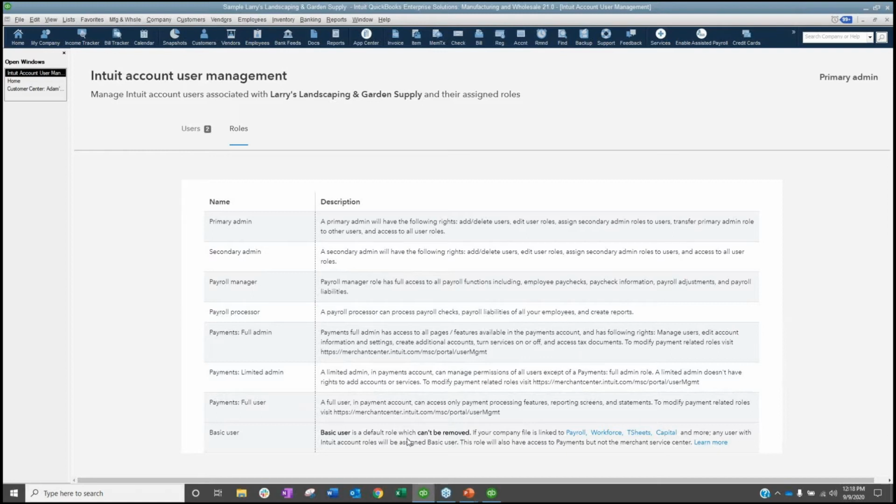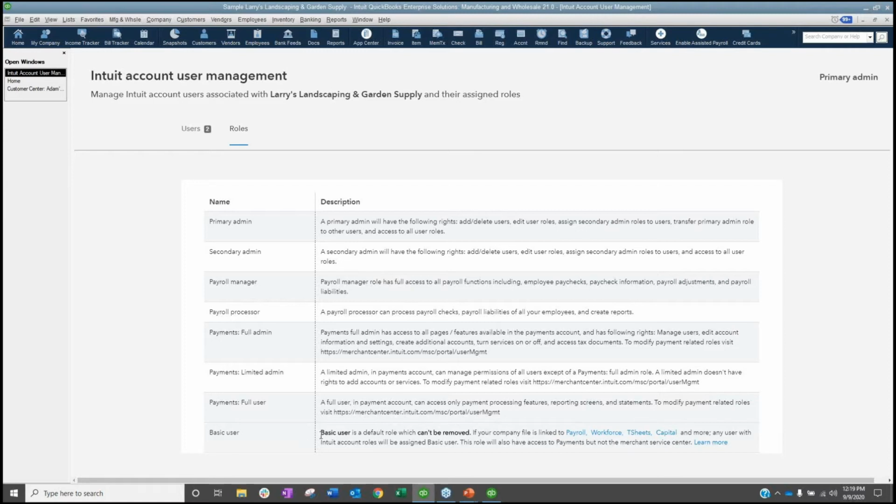One of the terms, though, that I saw here was this term workforce. So I just wanted to point it out to you guys. I've never heard this term workforce either. There's an article in July around this term. I believe the direction of workforce is going to be for employees to have one place to log into to access their T-sheets or timesheets and access their payroll. It seems like that's the direction it's headed. But I didn't know fully what that meant yet. Okay, so that's a basic user.